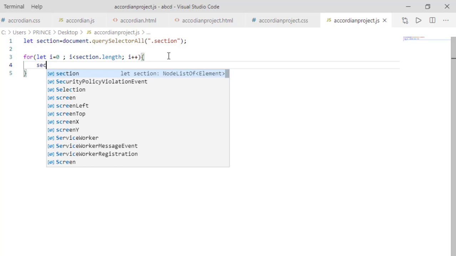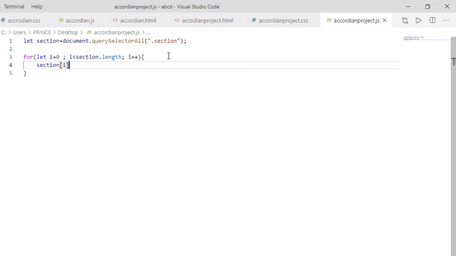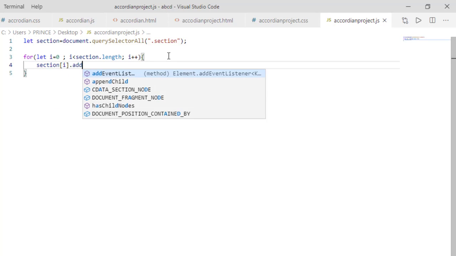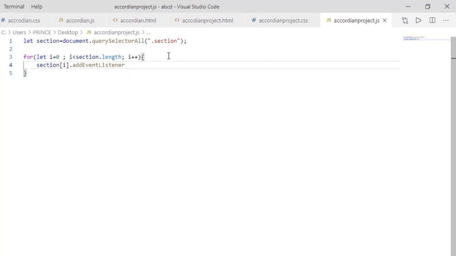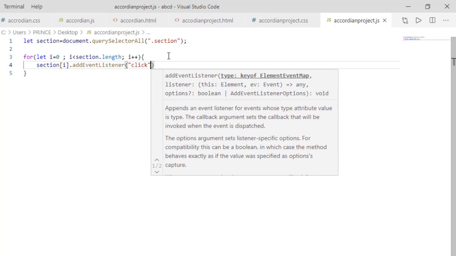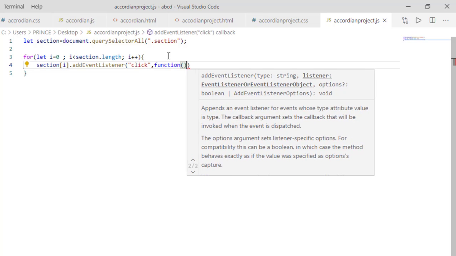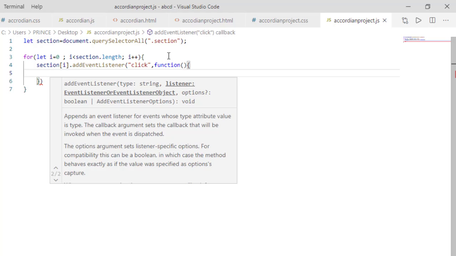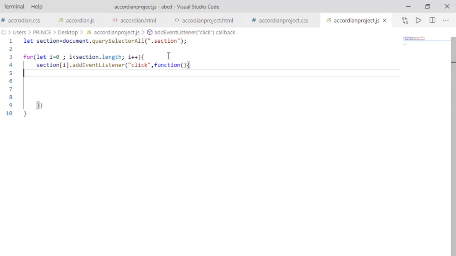Then we have to simply take section[i], and add an addEventListener, and inside this, if someone clicks on this, then we have to call the function. Now take 2 curly braces here, and here we have to write our main code to activate any item.